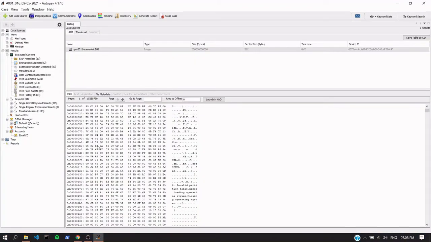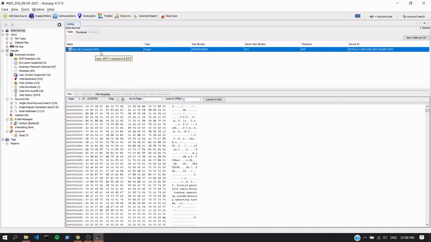Okay, so this is how the Autopsy window looks when the insertion of the disk image is done. This is our disk image. As you can see, the disk image has a certain extension, .e01. E01 format is the EnCase image file format. It is also known as Expert Witness format. It is used for creating images of hard disks, CDs, and USB drives.